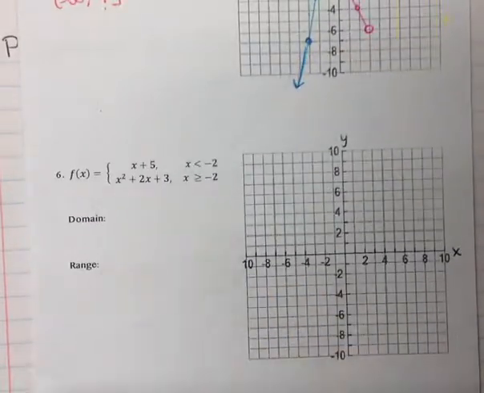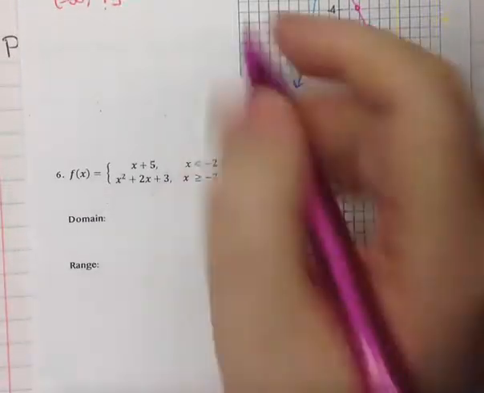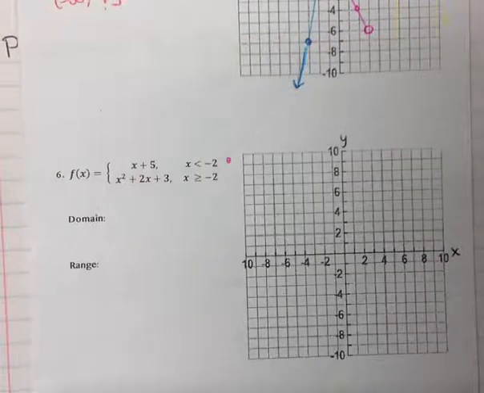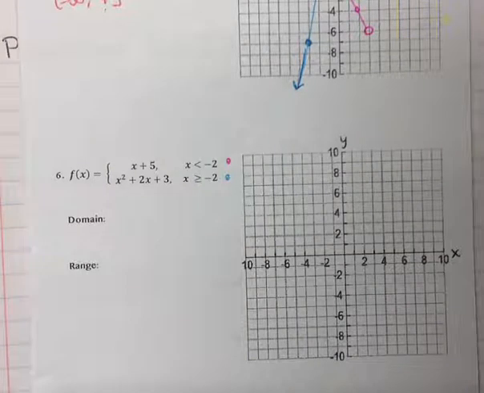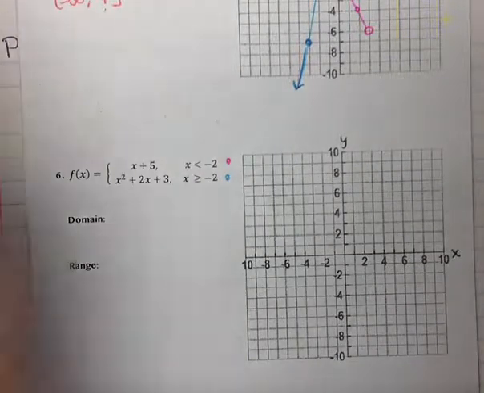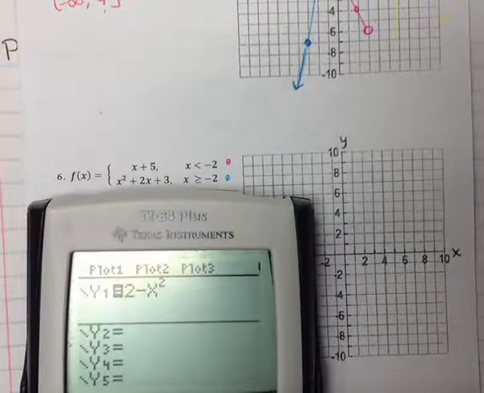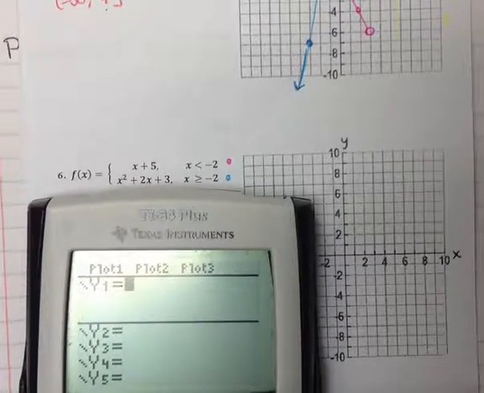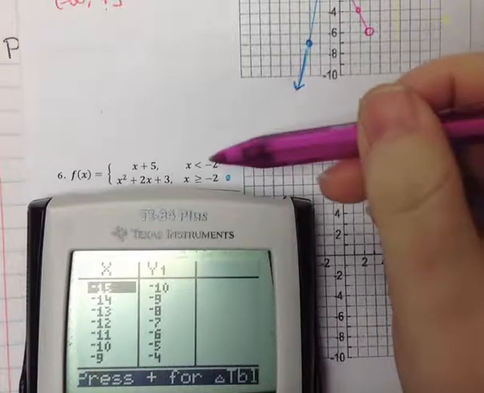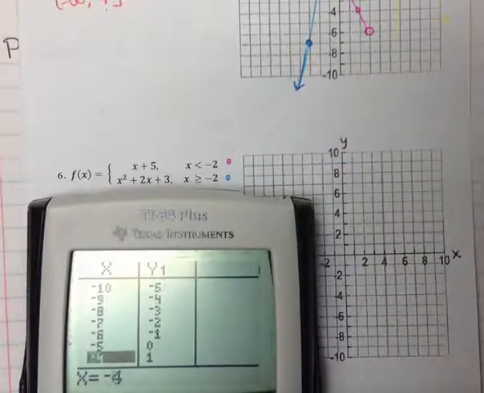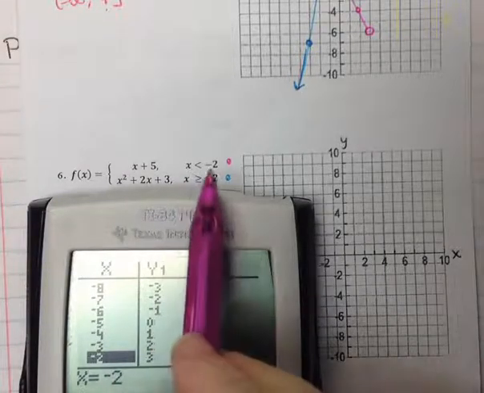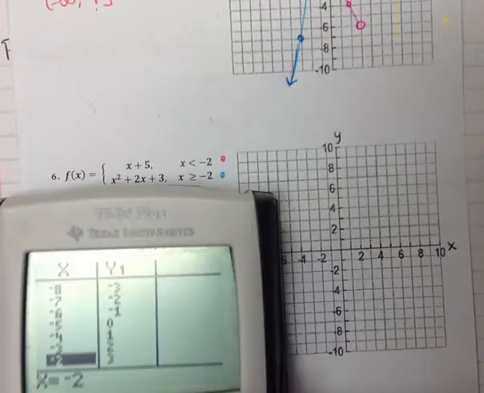This next example, we only have 2, so I'm going to use pink and blue. For the first one, go into my calculator, y equals, clear it out. I have x plus 5. I'm going to go to my table. My first coordinate has to be the x value of negative 2, so I'm going to scroll to that x of negative 2. So my first coordinate is at negative 2, 3, and it needs to be open. So negative 2, positive 3,